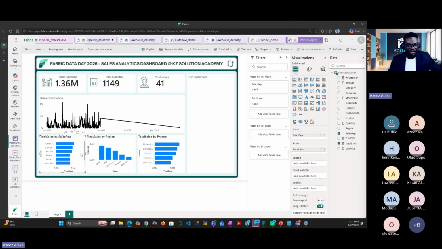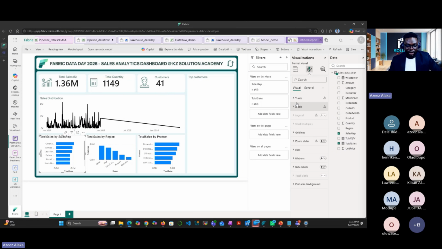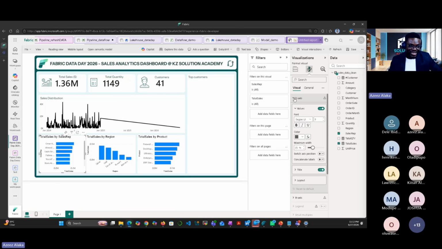All right, this one will do the same thing. As I said earlier, in Power BI I can actually make use of format painting, and that will make it easier. I don't need to be doing it individually. With that, I can just do one and replicate the same format on the others. But we are going to get it.